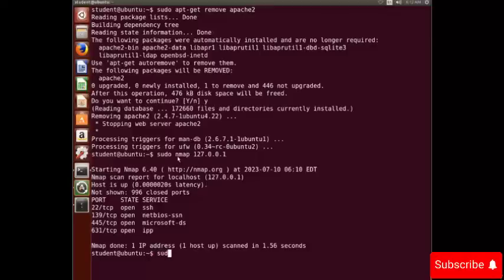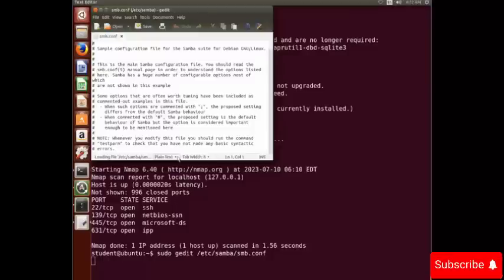So sudo gedit /etc/samba/smb.conf. This is the configuration file for Samba. So we will edit this file in order to remove the anonymous access.